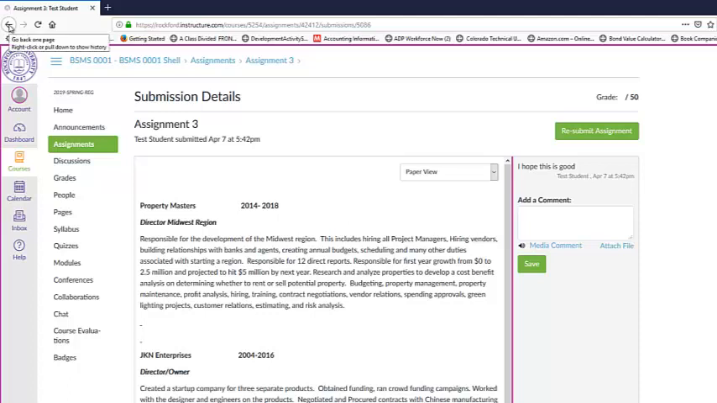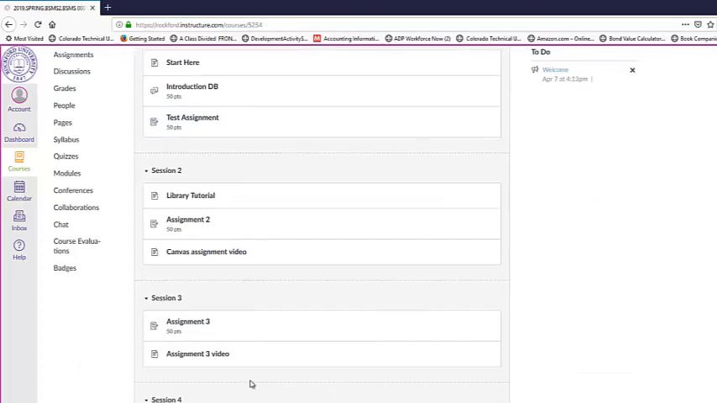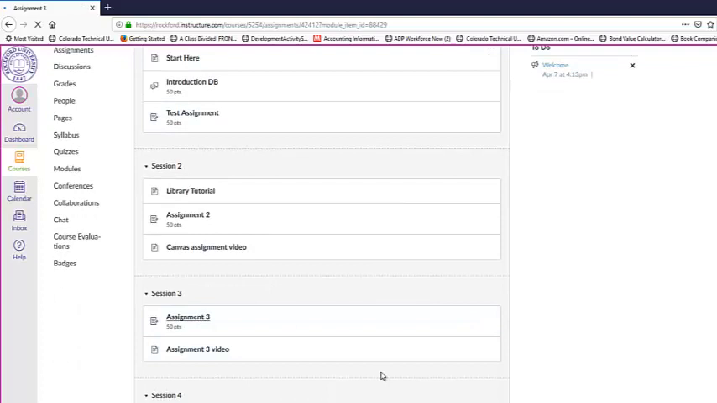Okay, so we can go back. If we want to add a comment, we can, or another comment. Let's say we want to open it. You can have paper text or plain text view. So we go back to our home page. And we're down here to assignment 3. If we click assignment 3 again,